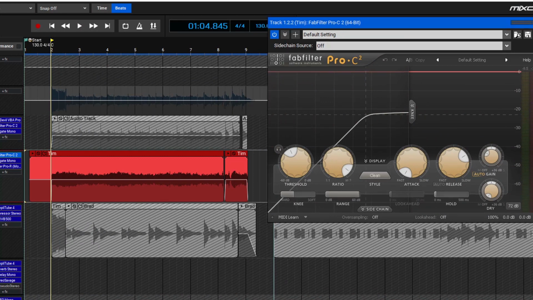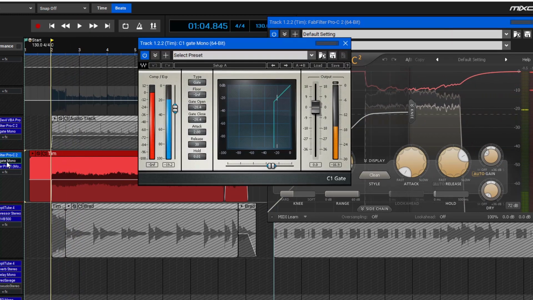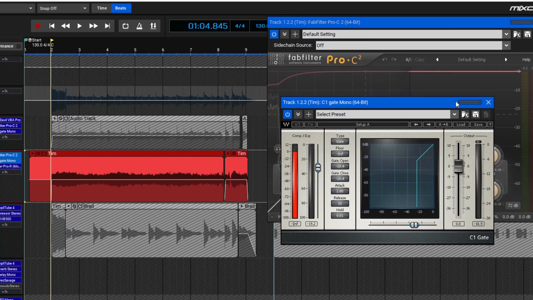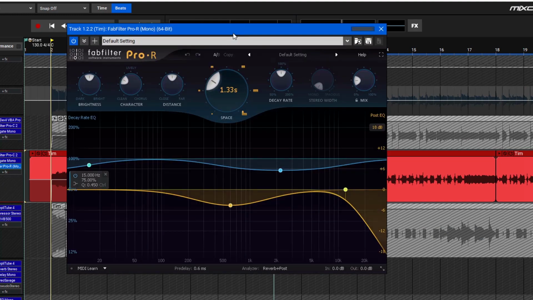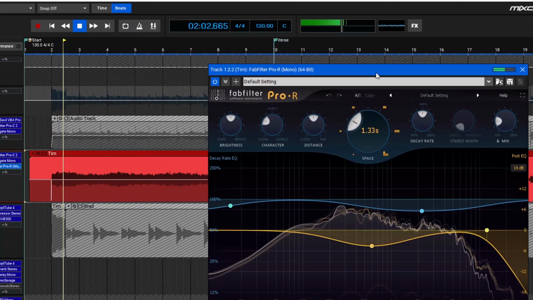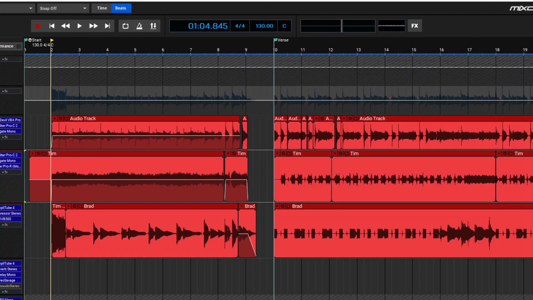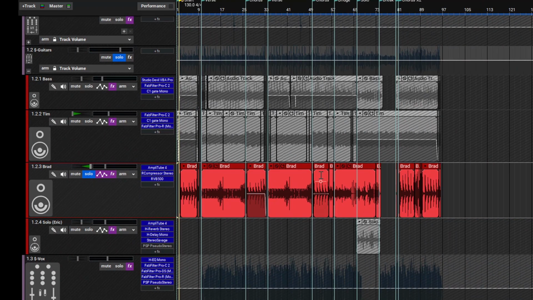So there's no virtual amp on here, we're just using the compressor to smooth it out, and the gate as well for the staccato type parts. And then a reverb. And that's it for that guitar. The other guitar, let's go to a spot where it's